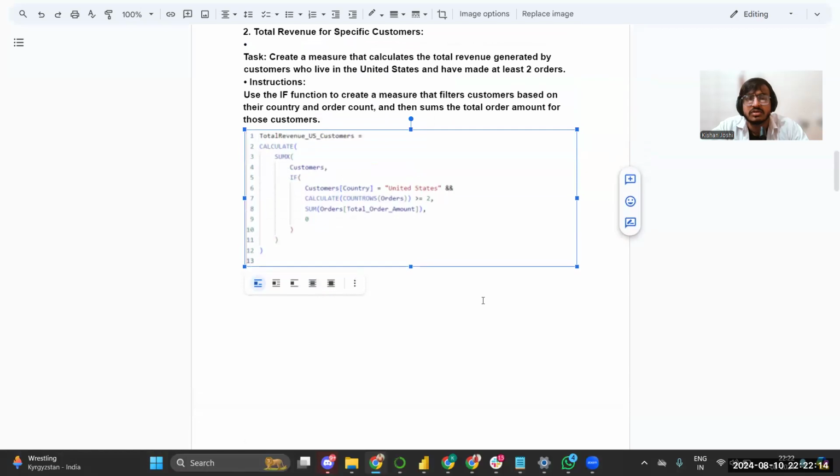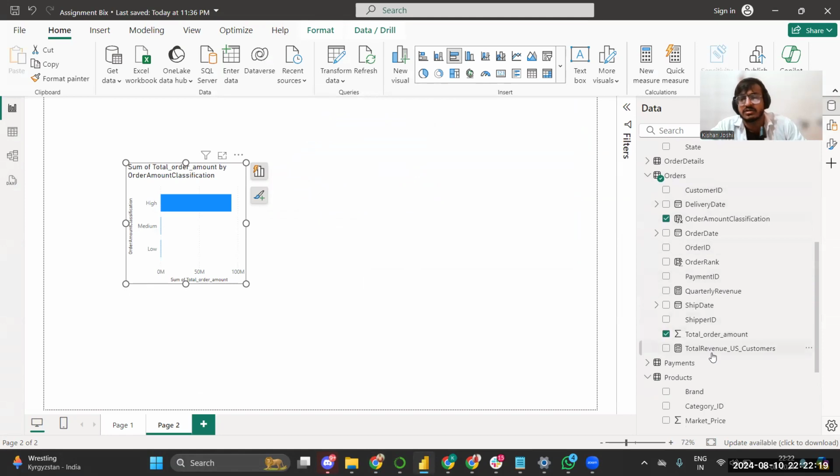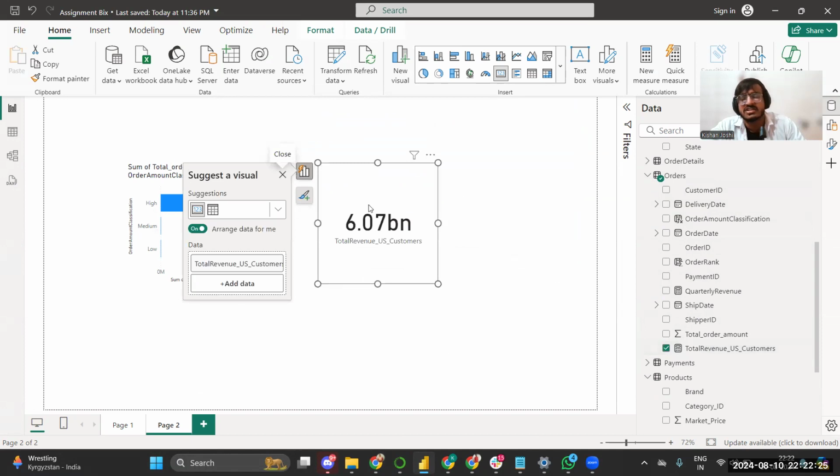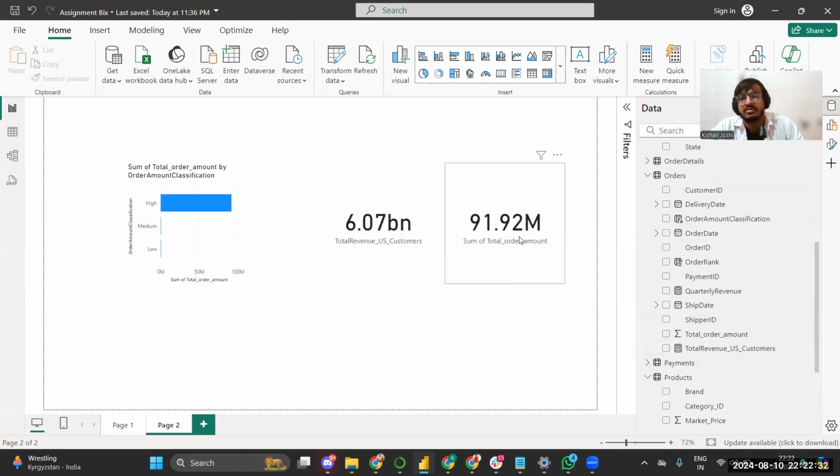Total customer revenue US customer, which is 6.07 billion. Total order amount, which is 91.2 million. What it indicates is that the US is having a pretty good share, around 10% if I calculate it, of the things is going into the US. Let's take it from the US background. If I put these things together,